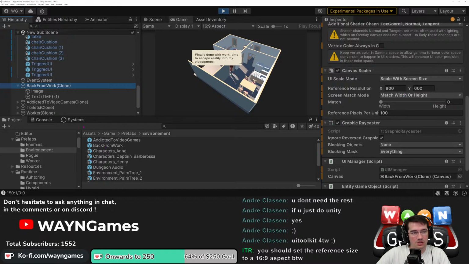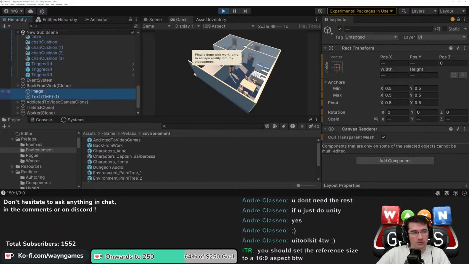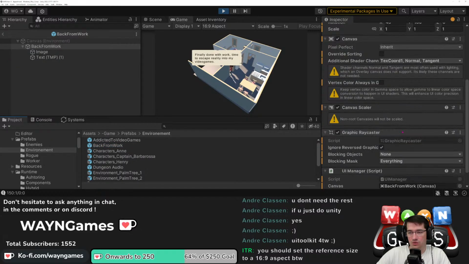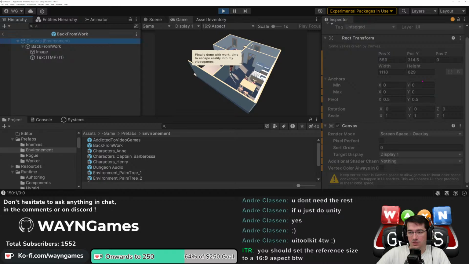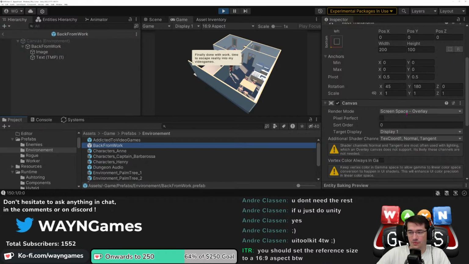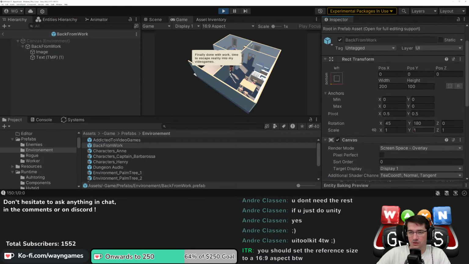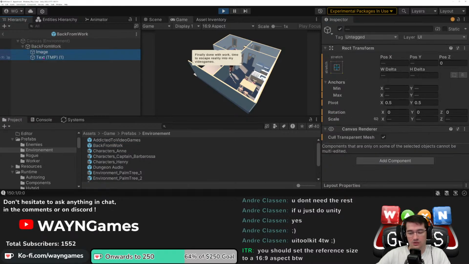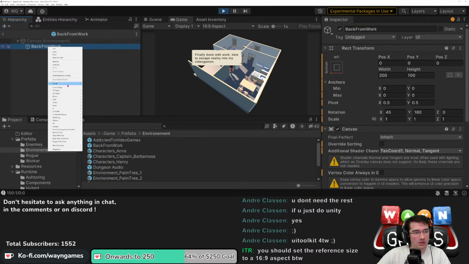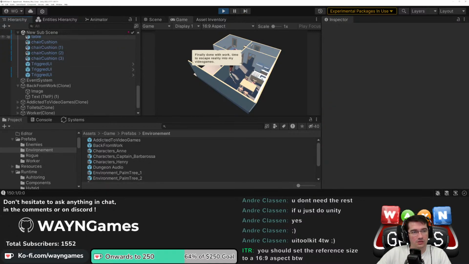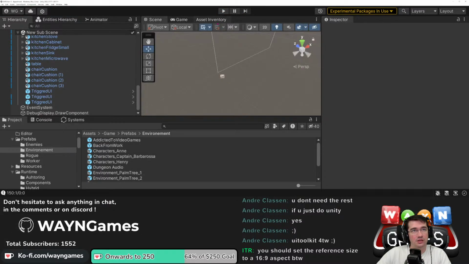So let me copy those two, go to the back framework, set it to... I need to set it from here. Scaler, constant physical size. And in here, delete that and paste it back. Copy, paste as child. Okay, and now if I try it again,